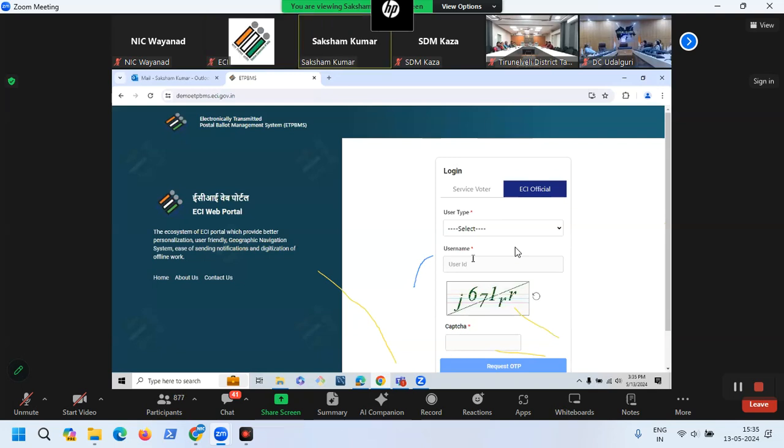I request you. I would also request all the counting supervisors to please start logging in by 7:30 a.m. on the day of counting. Your scanning will start at sharp 8 a.m., so you can start logging in by 7:30. So here I'll just log in as an RO.